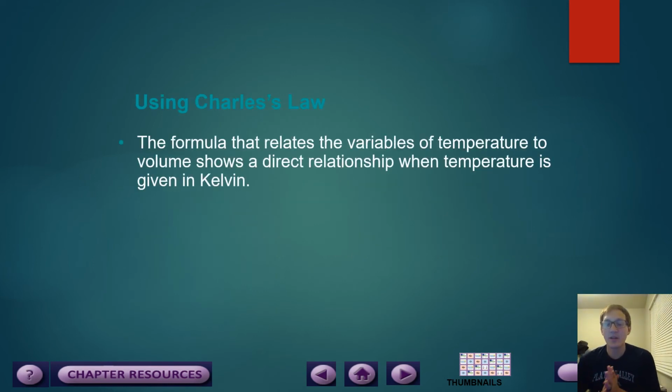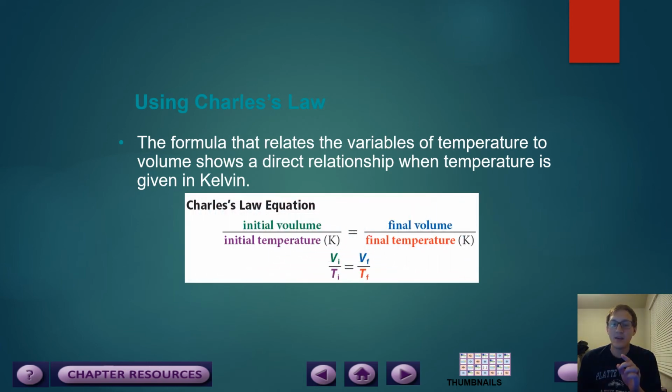Okay, the formula that relates the variables of temperature to volume shows a direct relationship between temperature given in Kelvin, make sure it's in Kelvin, and the volume. So the initial volume over the initial temperature equals the final volume over the final temperature, or in other words,